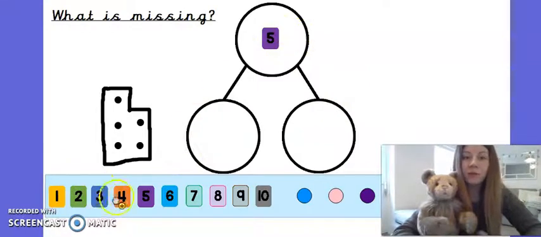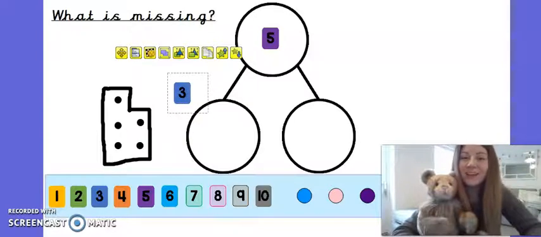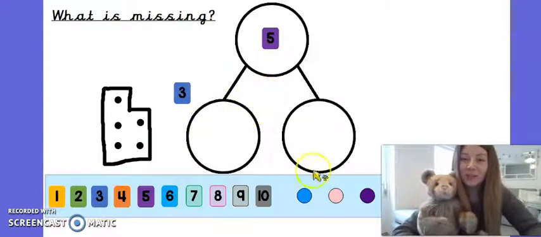Okay, this time I'm going to put the number 3 in my part whole model, and I'm going to count 3 counters in here. Are you ready? Let's use the pink this time. 1, 2, 3. And remember, I can arrange it like my pneumocon tiles. That makes it a bit easier to remember. So I've got 3 in here.